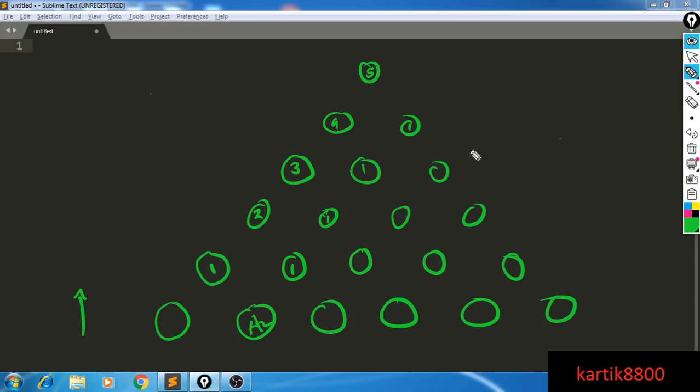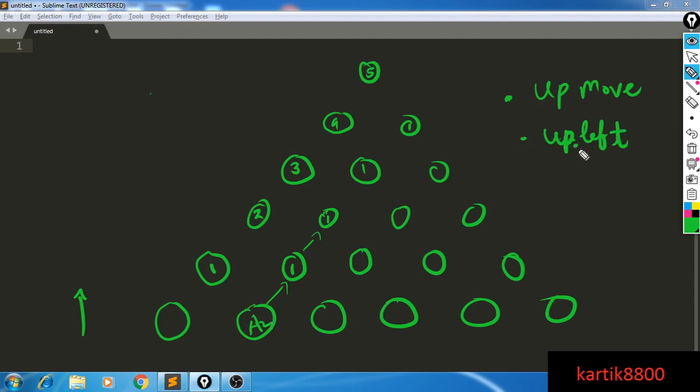This means that whenever you take an up move, your second element stays the second element of the future array. If I take an up move, it stays the second element of this array. From here, if I take the up move, it stays the second element. So if I only make normal up moves, then my second element, or the ith element, will stay the ith element of the array above it also. But if I make a directionally left up move, only then will I go one step to the left, so the ith element will become the (i minus 1)th element.